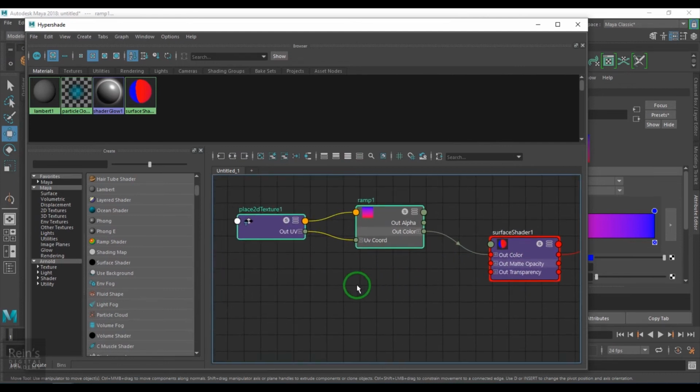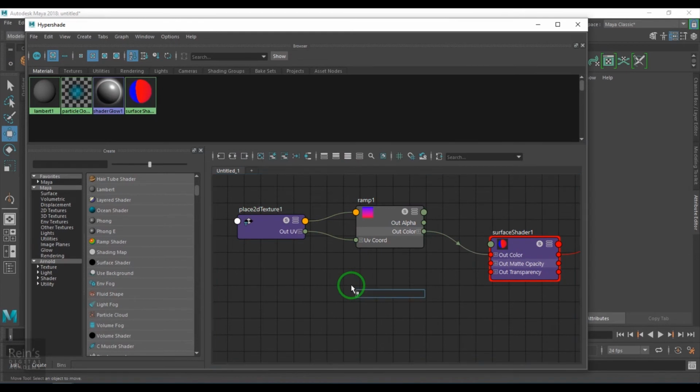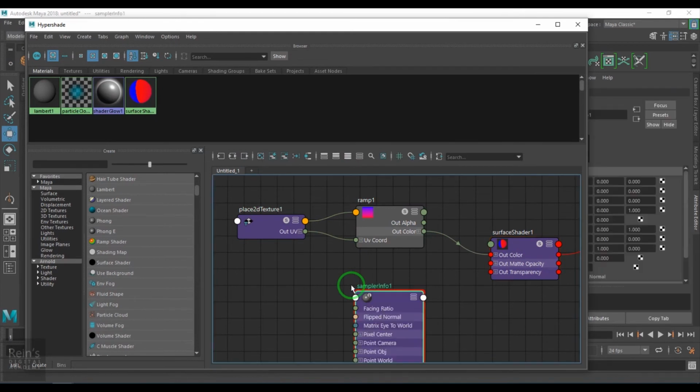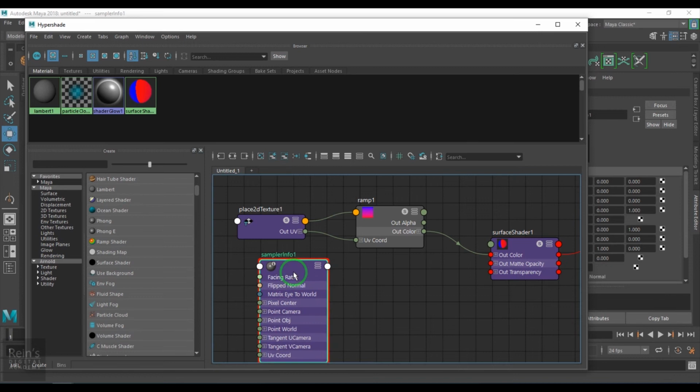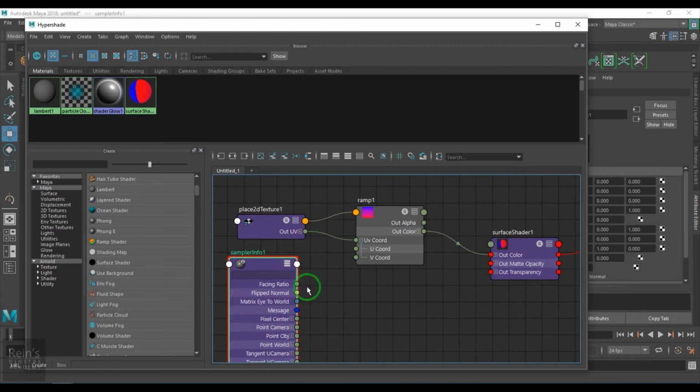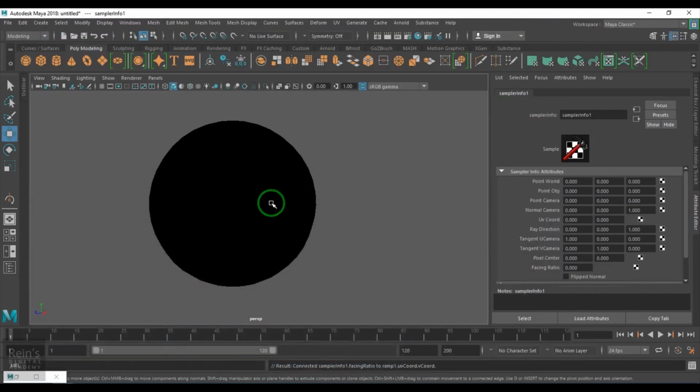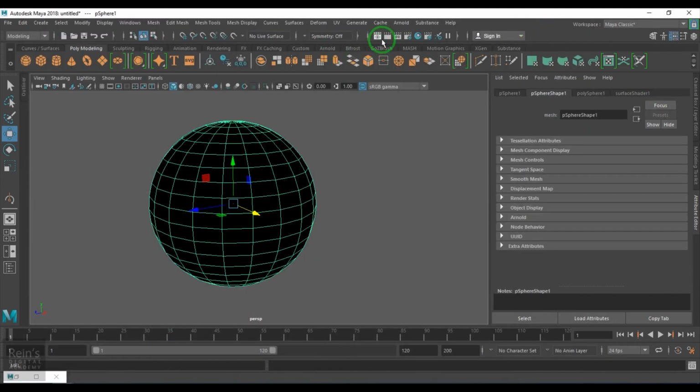Now take sampler info and connect the phasing ratio to V coord. Now let's open the render.